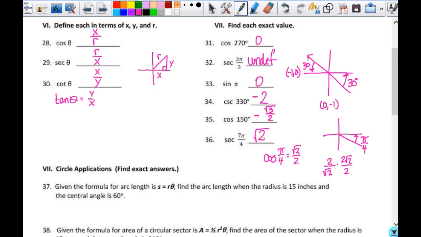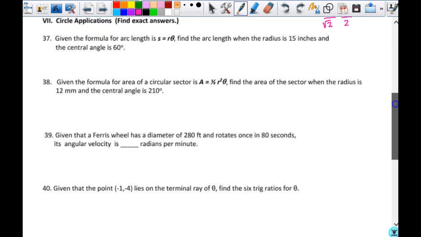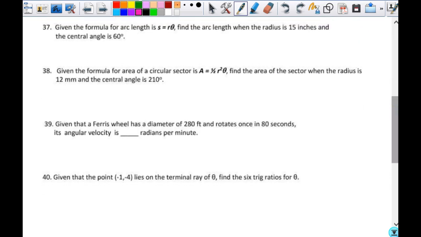All right, circle applications. So this is where things started to get way worse for y'all because of me, because of the terrible job I did teaching this at first, and hopefully I ironed everything out. But given that it's not nearly as difficult as I made it out to be that first day when I made no sense. Given the formula for the arc length, S equals r theta,